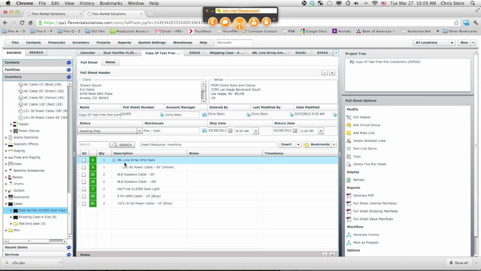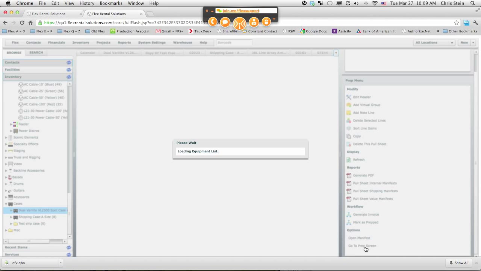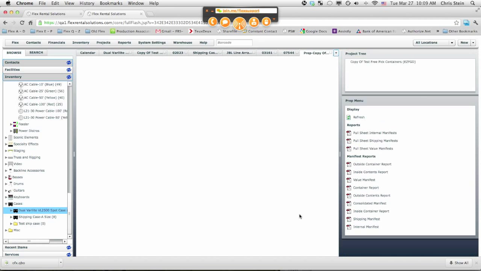So this is our pull sheet. We need an amp rack with a power cable. We want to add some NL8 speaker cable that we're going to put in a generic free pick container. And then we're also going to scan out the case for the VL2500s and add the secondary item inside of it. So when we go to our prep screen, we are now ready to get to work. And so the first item that we want to scan,